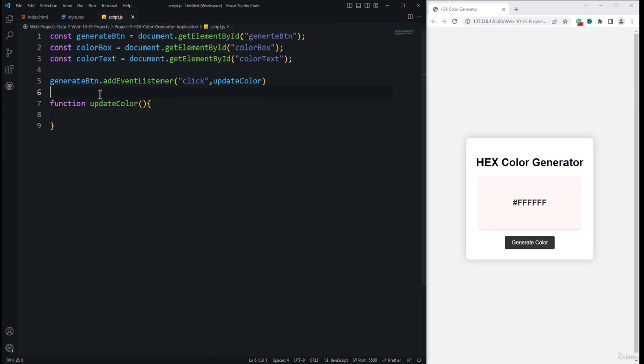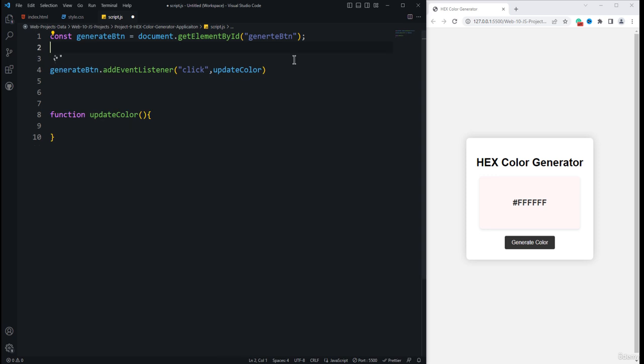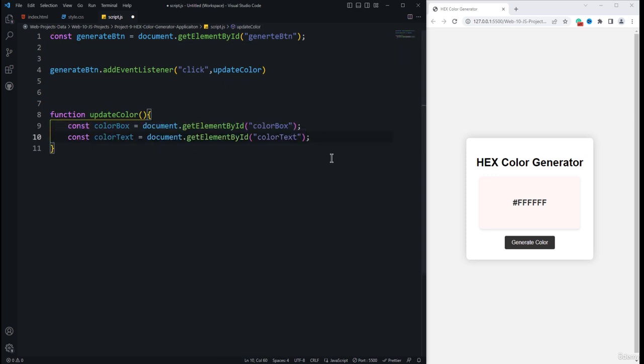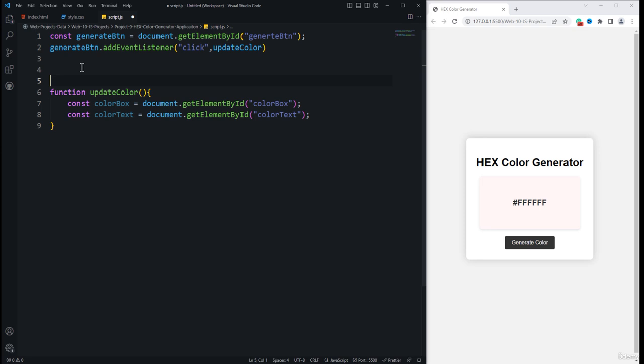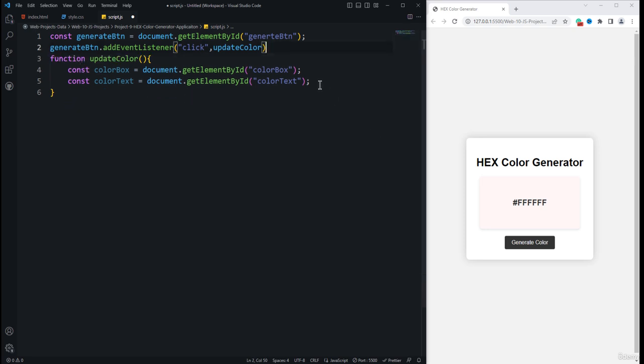So inside of this, it is actually going to be responsible for the updation of the color. Alright, and then we need to actually cut these two lines of the code from here and paste it inside the function, because we don't want to use it globally. Okay, and then removing the extra spaces here, and then this particular function is responsible for the generation of